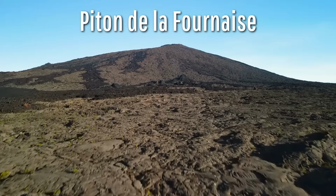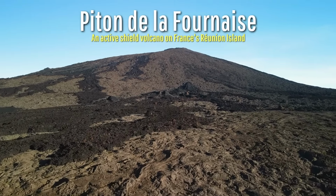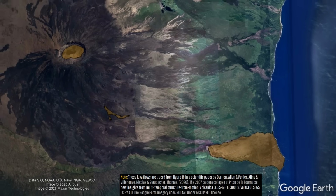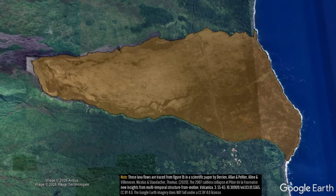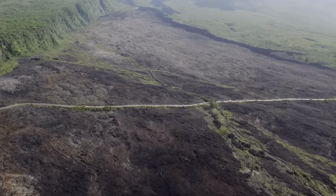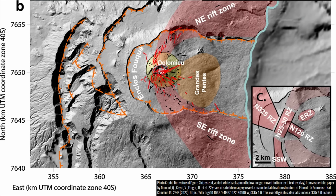What I am referring to is Piton de la Fournaise's 2007 eruption, which widened its caldera and deepened it by more than 1,000 feet, creating ash emissions, and led to an unusually large flank eruption which created new land. However, unlike Kilauea, Piton de la Fournaise's 2007 eruption also caused another effect. It caused a 21 square kilometer block of the volcano to move a short distance, specifically up to 1.4 meters